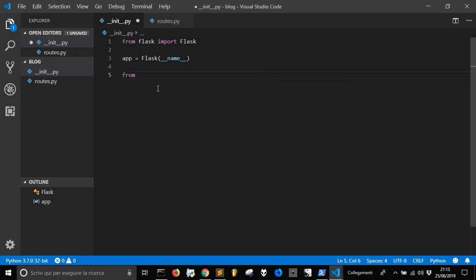And so now let's save this and let's go back into init.py, and here we are going to import from blog, because this is the starting point of my site written in Flask. From blog import routes. Okay,